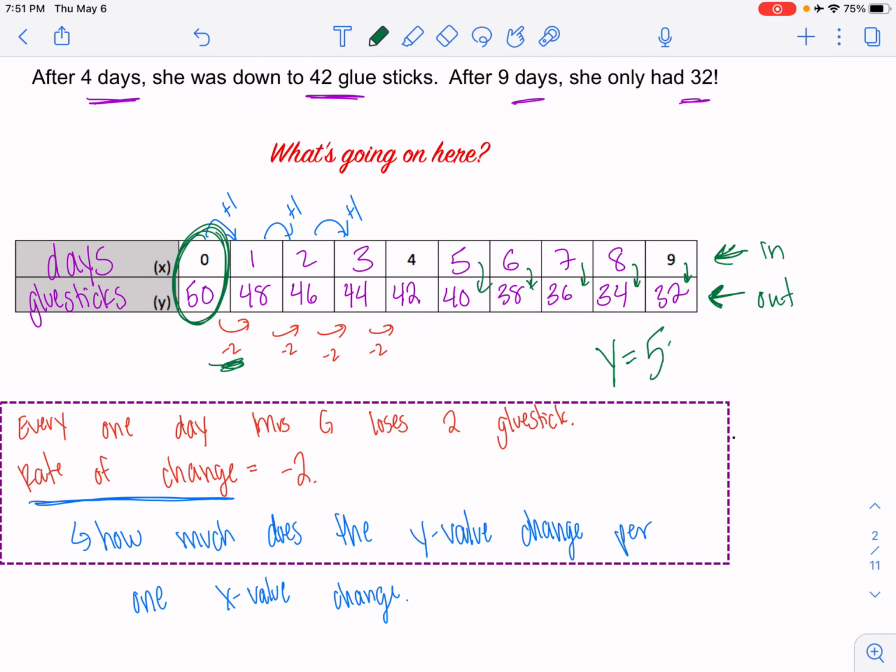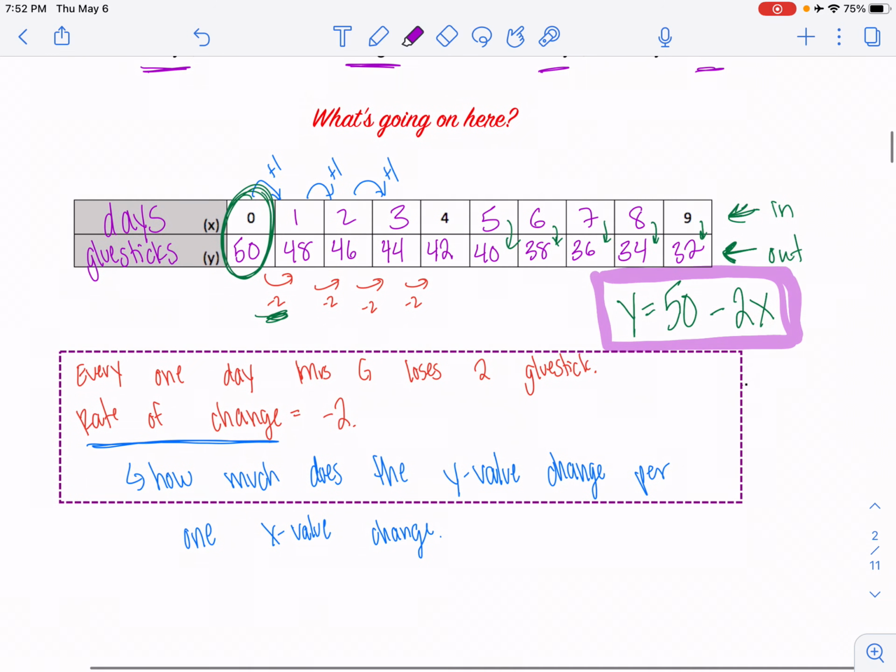So your starting point is 50, and you lose, I shouldn't tell you. If you want to give it a try, you can. But your starting point is 50, and you lose 2 per day. So the formula, the equation, we'll talk about that a lot this unit. If you're not exactly sure where that comes from just yet, don't stress. But if you're starting to see some connections here, that's great. Your starting point here, on step 1, I'm at 50, and I lose 2 each day.